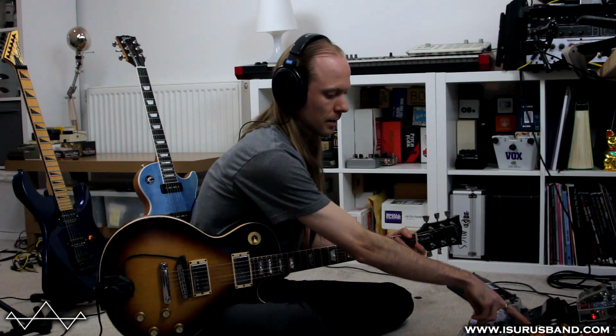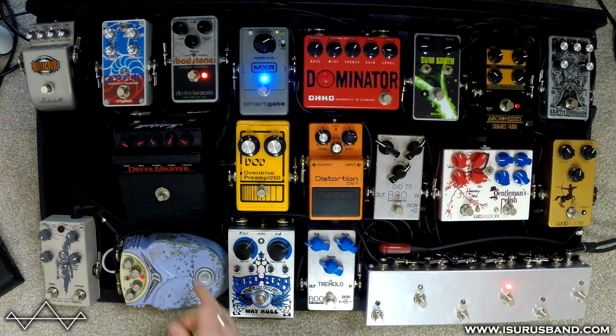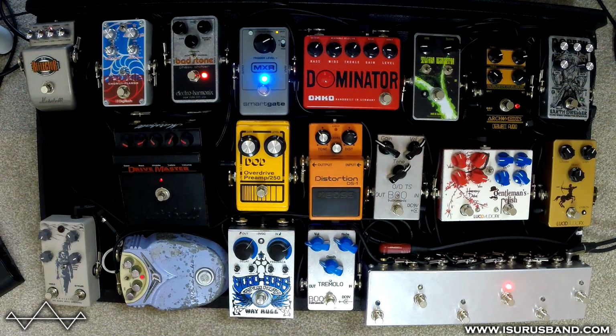So these two, even though they're in the distortion group, these are actually overdrives, but I'm using the Drive Master pretty cranked. And this, I just like stacking this with stuff, so...